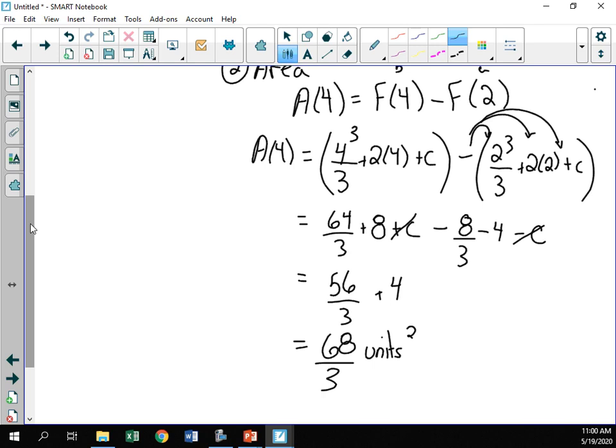So I'm going to do one more, a trig one with you. I'll just write it out on here. So if we wanted to find, using this idea,